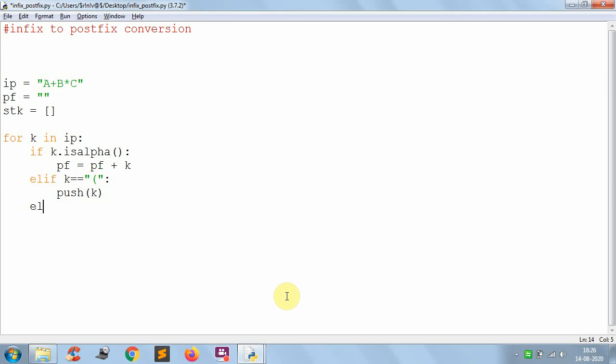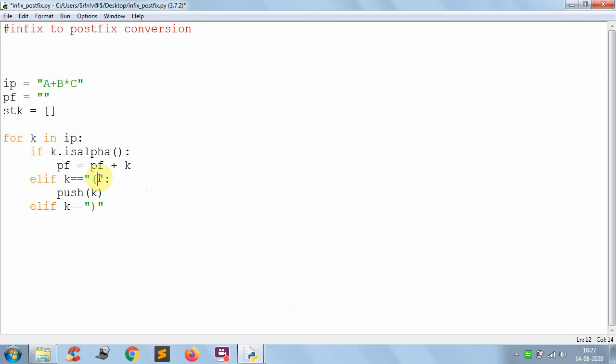Elif, suppose the input token is the closing parenthesis, what do we have to do? In this case we have to pop one operator at a time and append it to the postfix expression until we find the opening parenthesis.